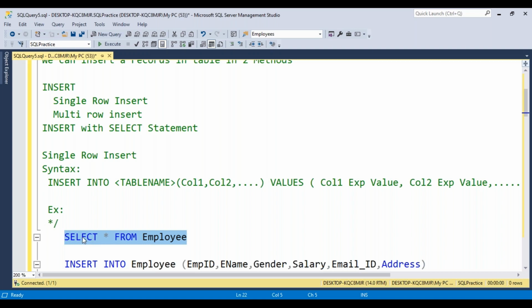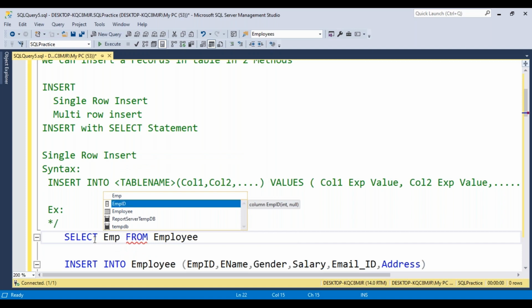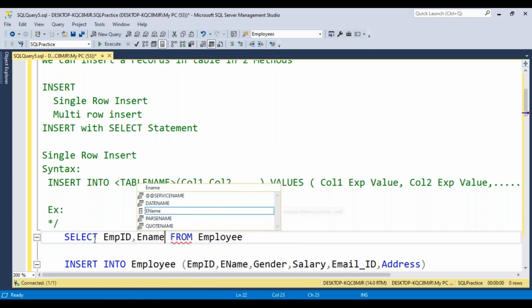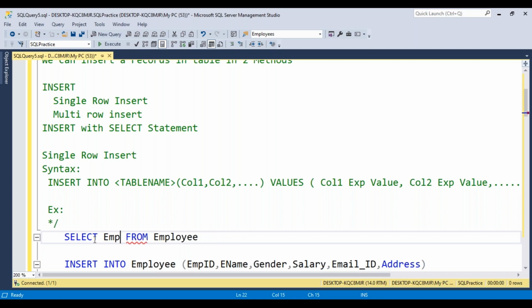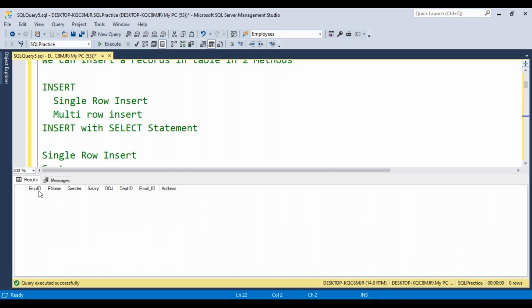Select is nothing but where we have to select from which table, and in this table, which columns we have to select. Star is nothing but all columns from a table. So either you can give star or you can provide column names. Providing a column list or star from this table, you can select and execute this statement. Then it will read the table from the database and display the result as an empty table structure.